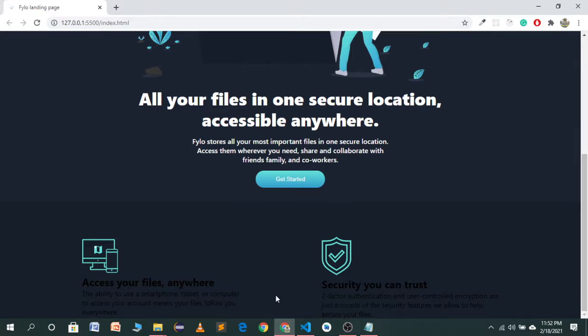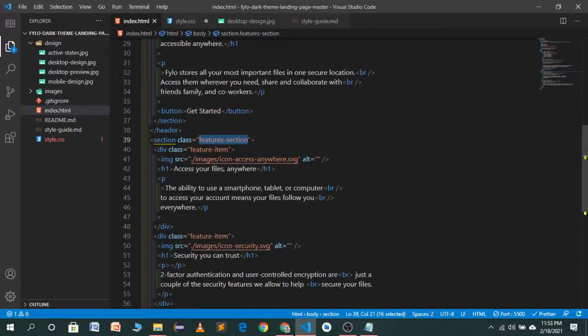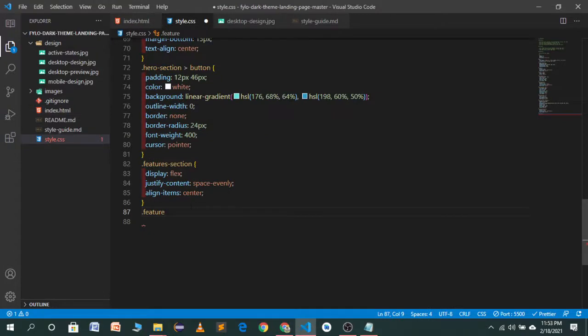So let's go to our CSS file. In the features section we have feature. Let's see what is the class name. We have a feature item, copy the class name and paste it here.